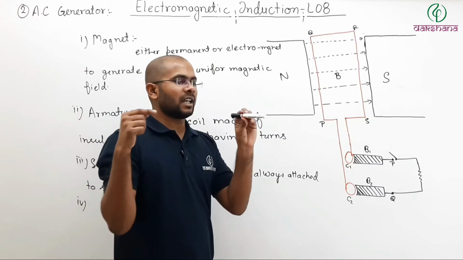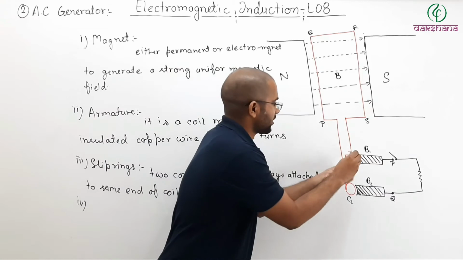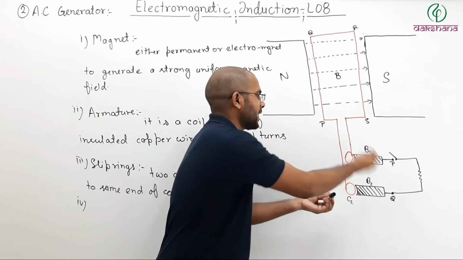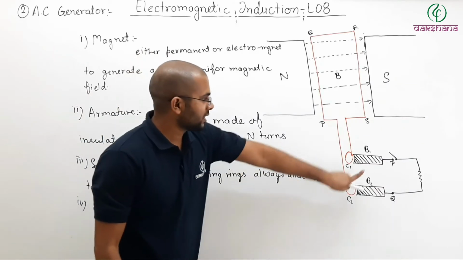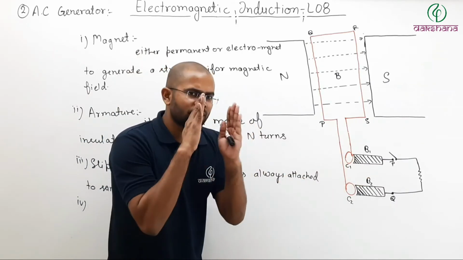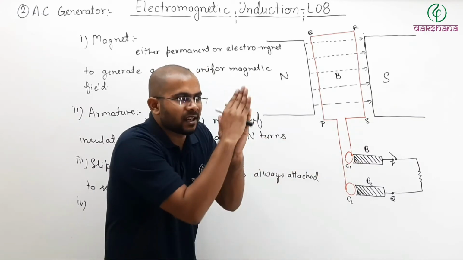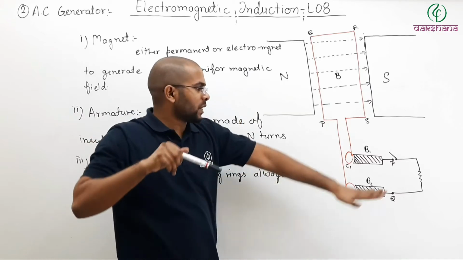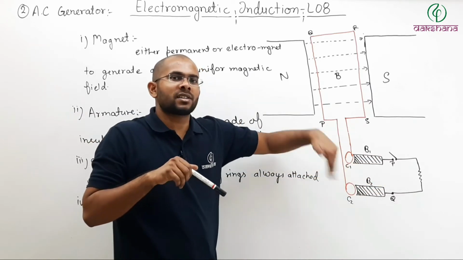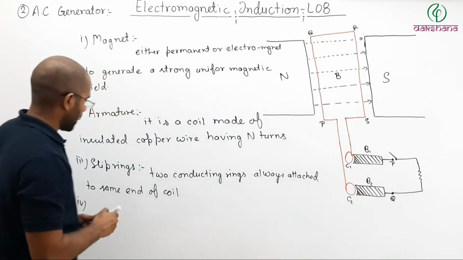If I directly attach a wire to the slip ring, then what will happen? As this slip ring rotates, the wire will also rotate and the circuit will break down and jumble up. But here the brushes just touch the slip ring. They are just touching. They can slide on your slip ring. So as the slip ring rotates, the brush remains there only, but still it is able to conduct your electricity. So brushes,